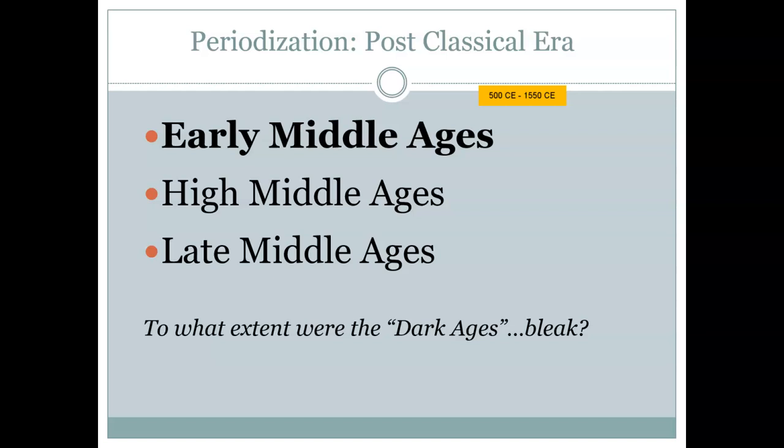So we look at the early Middle Ages as generally being around 500 to about 1000 CE. Okay, so I'm just going to note that. In terms of the High Middle Ages, we're looking at about, let's say, 1000 to about 1250 or so. And then the late Middle Ages, which is like the very last part of the Middle Ages, maybe 1250 till about 1550. And these become very, very different time periods.